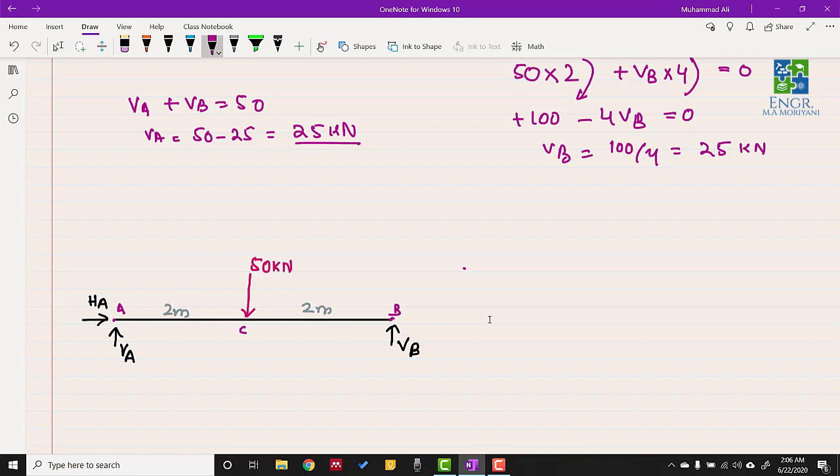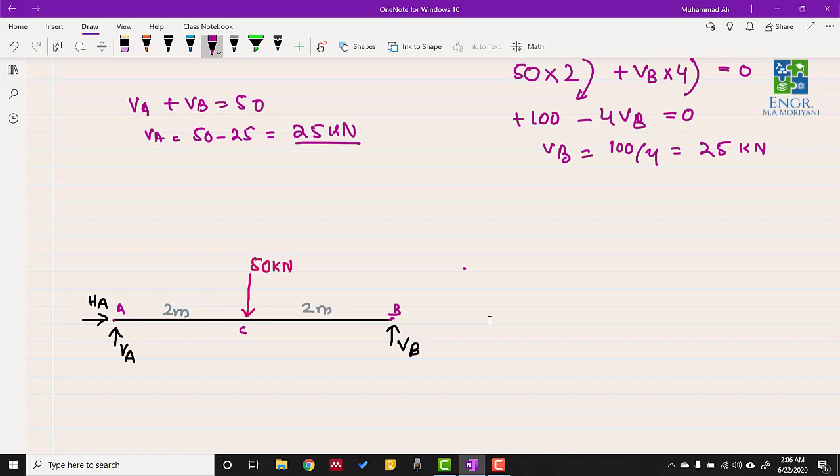As you can see, from A to C there are no changes in terms of loading, and then there is a change at C, but from C to B there is no change in terms of loading. So we can divide this beam into two parts, AC and CB,